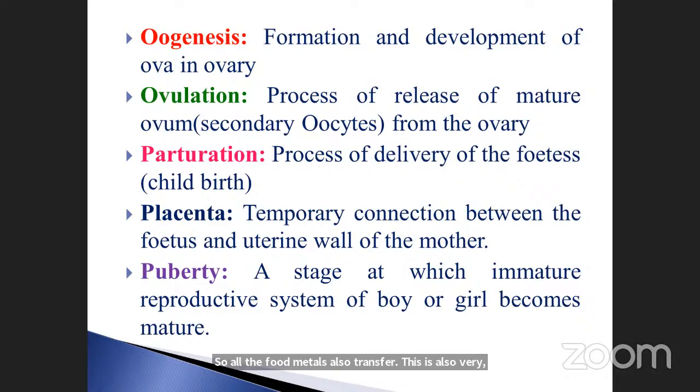And then what is puberty? A stage at which the immature reproductive system of a boy or girl becomes mature is called puberty. The secondary sexual characters also start in this stage. That condition is called puberty. Before that, what stage are you in? The juvenile phase. What is the juvenile phase? Before maturation, before attaining the